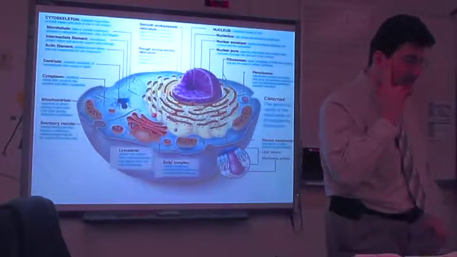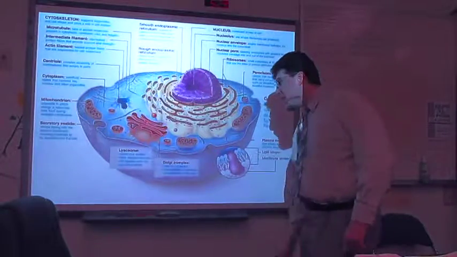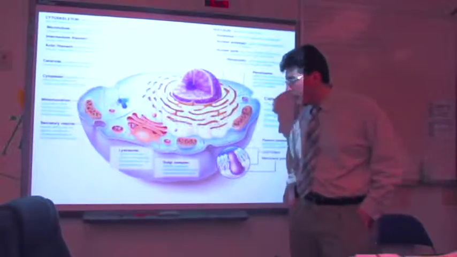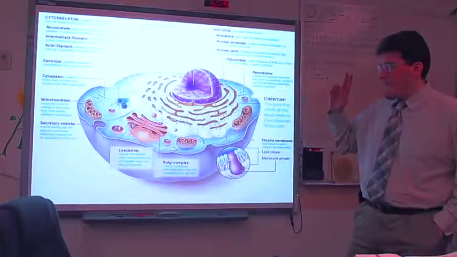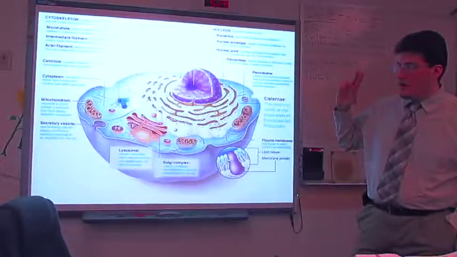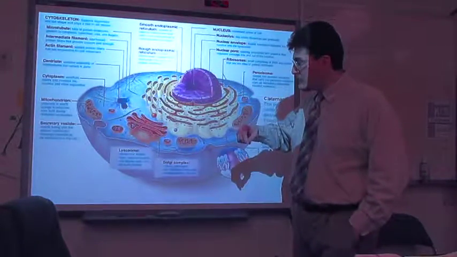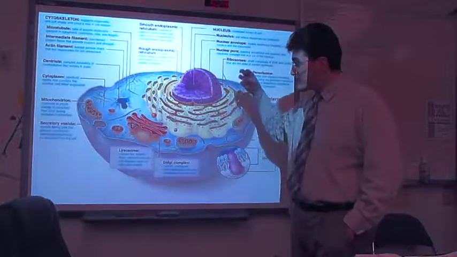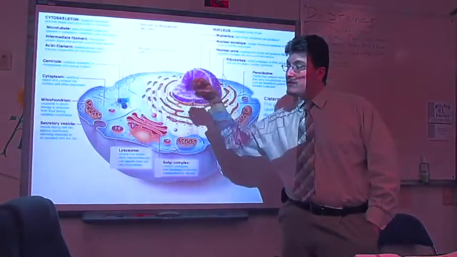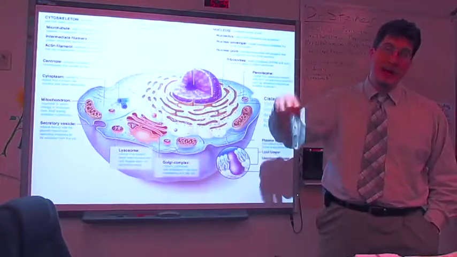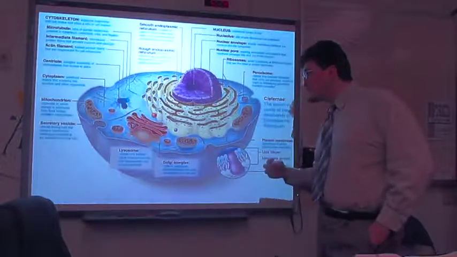The Golgi apparatus is a series of flattened membranes. Its job is to collect, package, and distribute molecules that are manufactured by the cell. It receives vesicles from the endoplasmic reticulum and then passes those vesicles from one membrane layer to the next membrane layer to the next membrane layer until it releases the last membrane